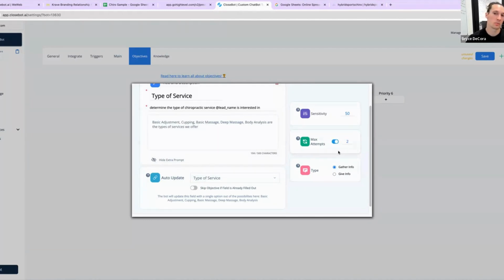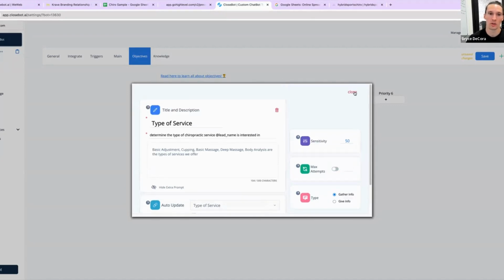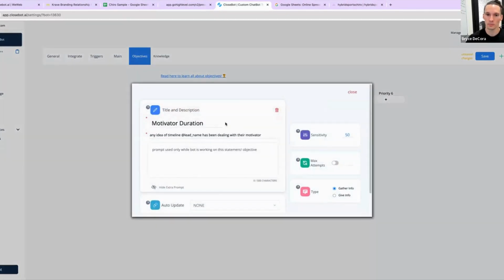Max attempts would mean if it's set to 2, we're going to try to get the type of service up to 2 times. And if we don't get it, we're going to move on to the next objective and skip this one. We're not going to do that. We'll set it up. This is perfect, just like this. Type of service, and then